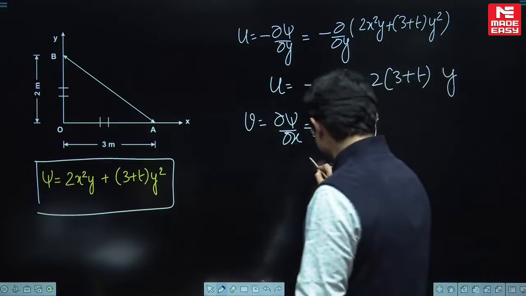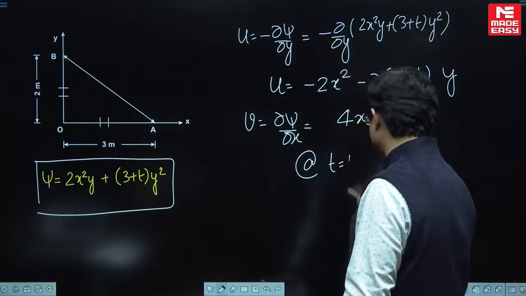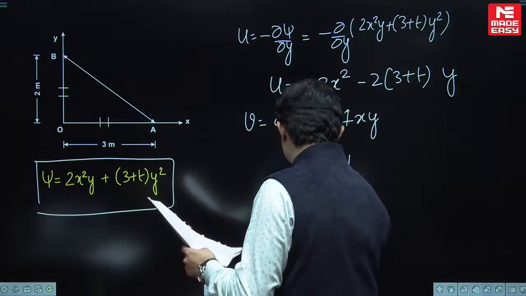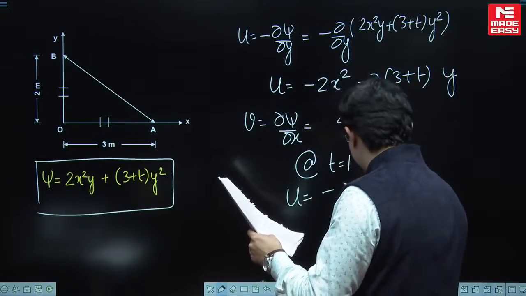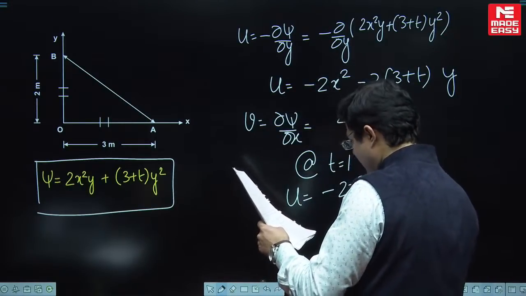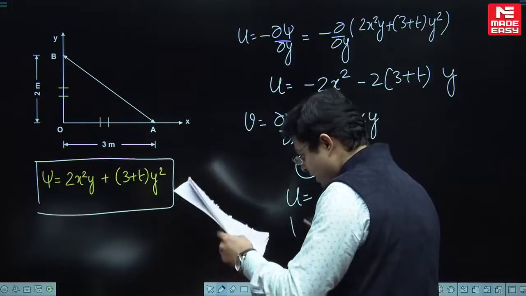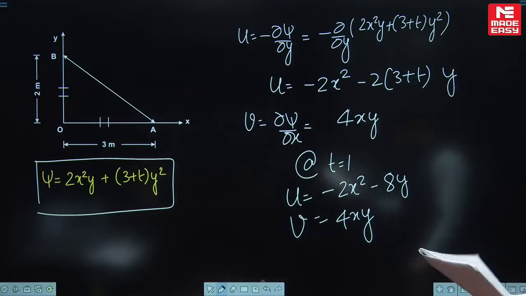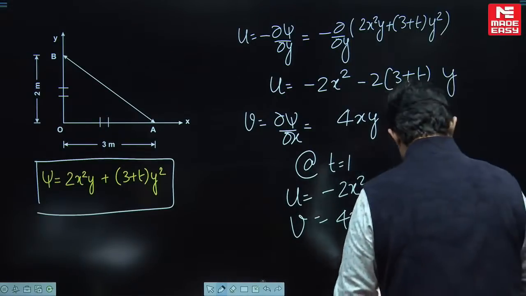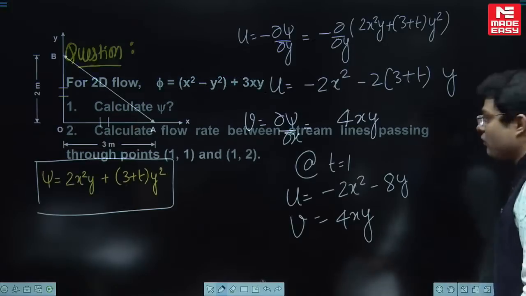4xy आएगा। हमें वैल्यू किस पे चाहिए, t इक्वल टू 1 पे। सो t इक्वल टू 1 पे वैल्यू कैसे निकलेगी, u की वैल्यू अगर आप t इक्वल टू 1 पुट करोगे तो -2x² - 8y आ जाएगा, और v का वैल्यू आ जाएगा 4xy। क्लियर गाइस, यस वंडरफुल।